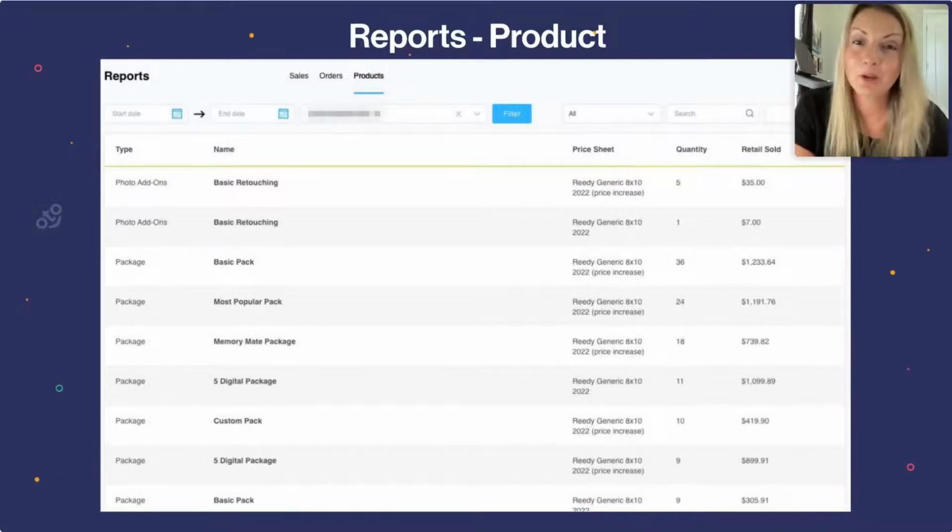This is probably one of my favorite reports. It's the product report. And if you're not looking at this by job, like if you used PhotoDay in the spring and you did not look at this report yet to figure out what you should be pricing yourself out or how you can give yourself a raise this fall, then you need to stop what you're doing right after this webinar and go to your product report